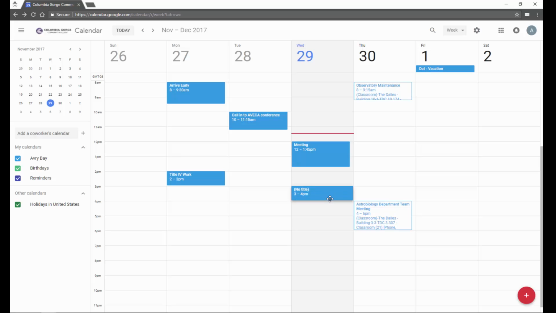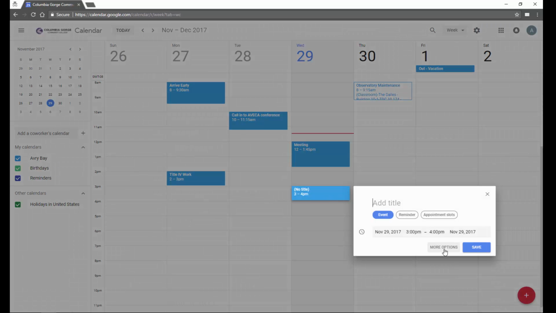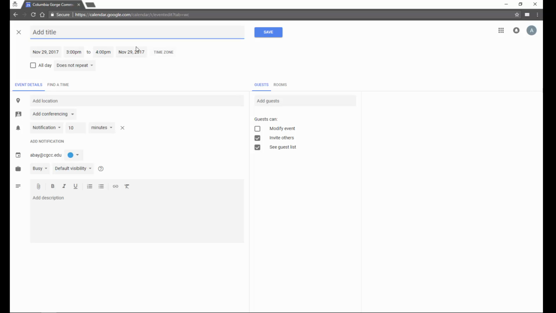You also have the option, when making a meeting, to choose more options. This will allow you to customize virtually every aspect about this meeting, from the start time and date to the end time and date, and even the time zone. You can choose whether it's an all-day event or the repetition of the event. We can add a location to the event to get a link on Google Maps, or we can even add web conferencing. We can change our default notification timeline,